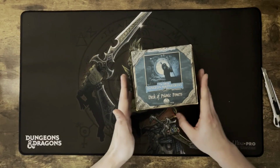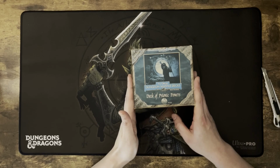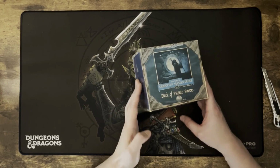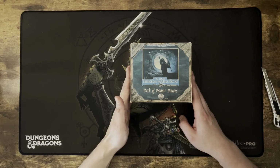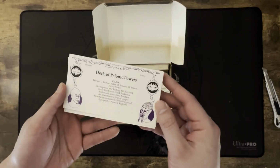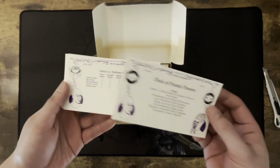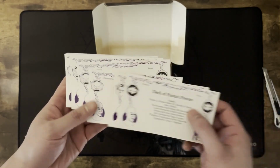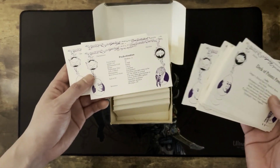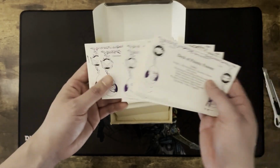And we have the second edition deck of Psionic powers. The box itself looks like it's seen better days though. I can't tell if the colors faded or this was just the way that they made them. If you watched the previous episode, I mentioned that Psionics are my favorite D&D class. It's been a long time since I've read the 2e Complete Books of Psionics, so I'm a little bit rusty